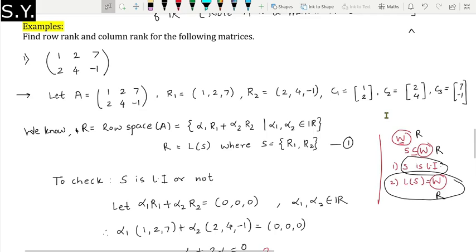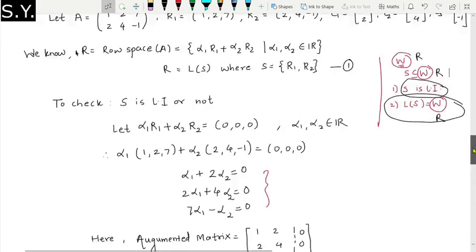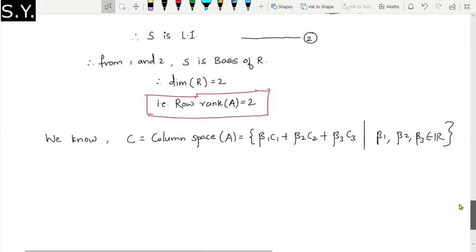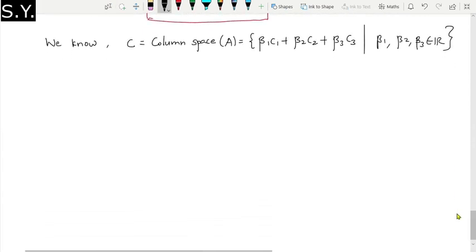That's it. Are you getting my point? So therefore our column rank is going to be either 0, 1 or 2. So in this way you can guess what should be the rank, column rank and row rank of your matrix. So this is equal to, but this is very interesting now, just see, this is equal to linear span of S. Now your LHS is C, where what is your S? Now in this case S contains 3 vectors C1, C2 and C3.